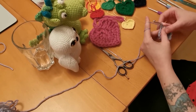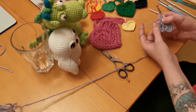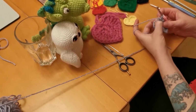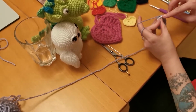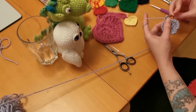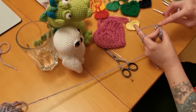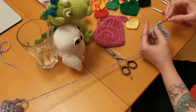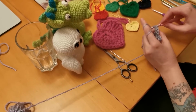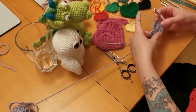So now we've reached the point of your heart, and to make it a nice point you're going to put 3 stitches into this stitch here. So you want to do a double crochet, a treble, so you go round 2 and 2, and then another double crochet, and then the other side of your heart, to make it symmetrical,